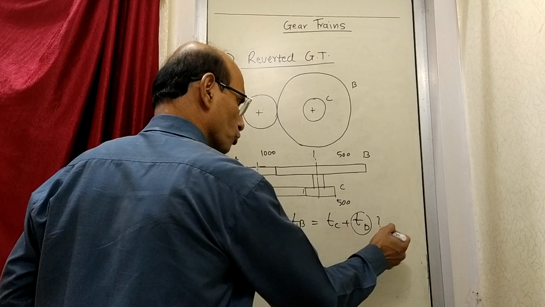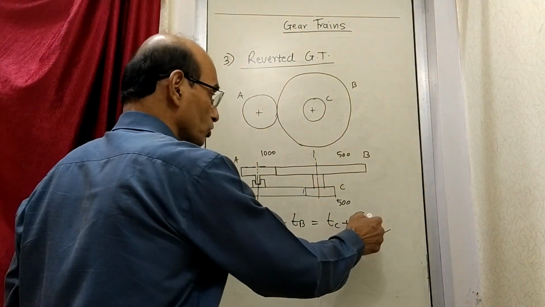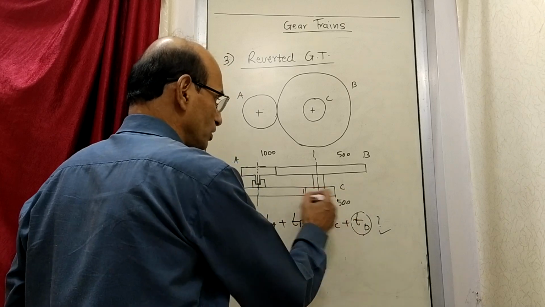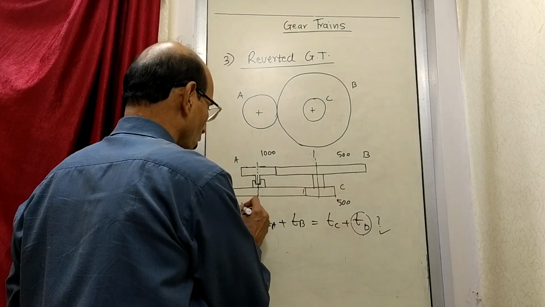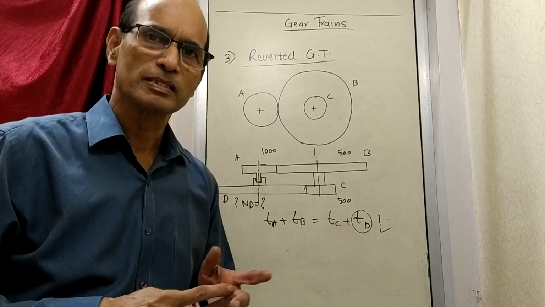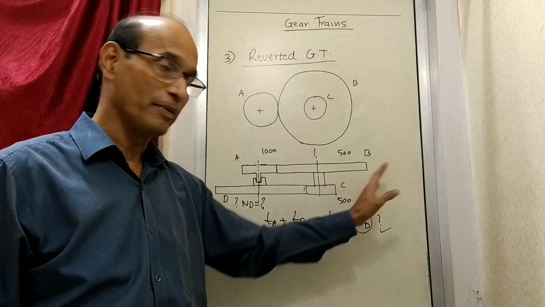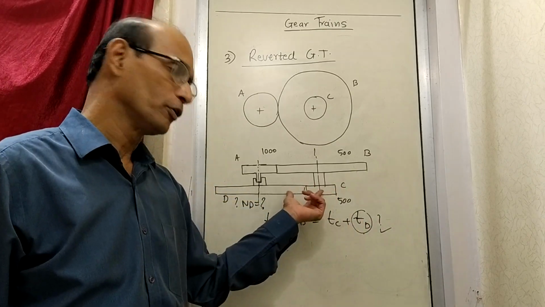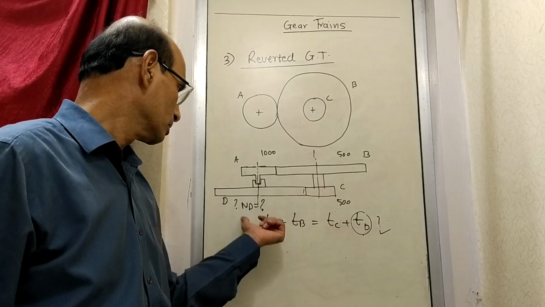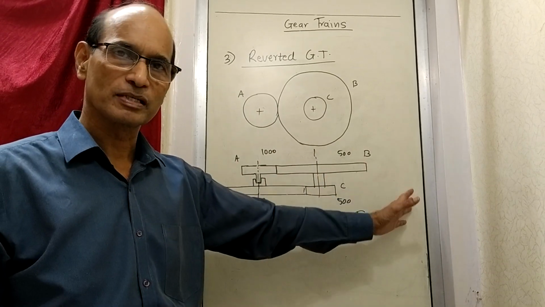How much? Maybe you can calculate what the teeth on D are going to be. Once you know the teeth on D, then according to those teeth you can take the ratio and find out what the speed of D is going to be. It will be some speed like last time it was 166 according to the diameter ratio at that time. Now according to this diameter ratio, accordingly some speed will be there, similar to the 166 of last time.